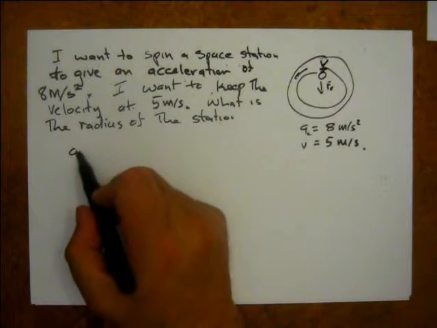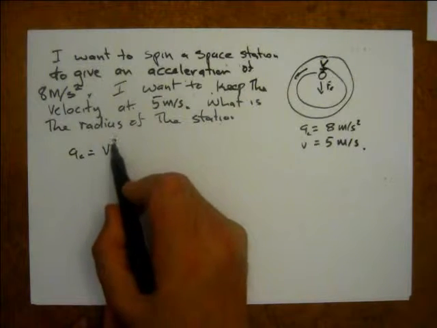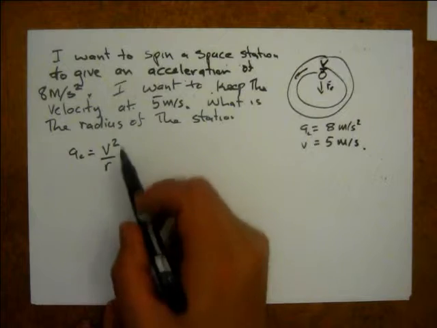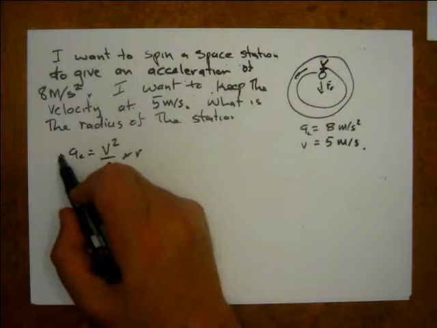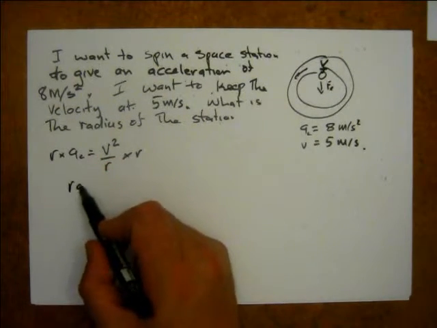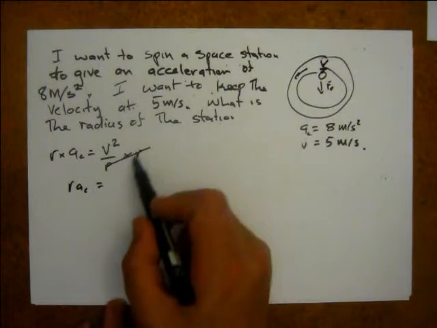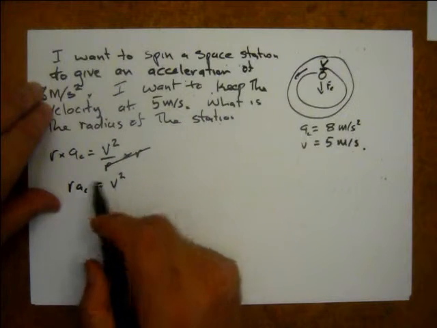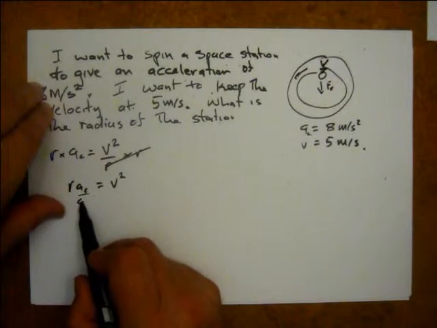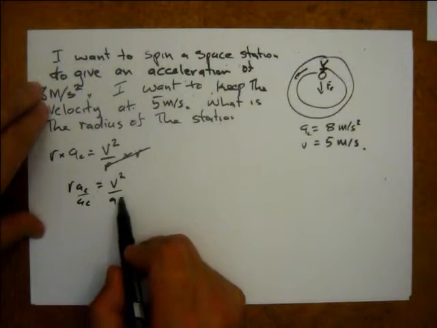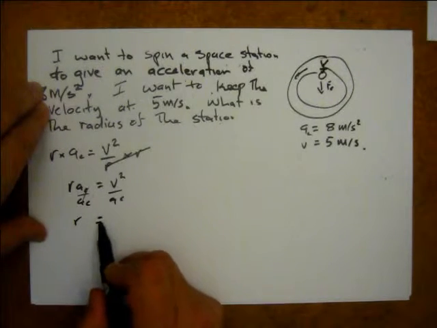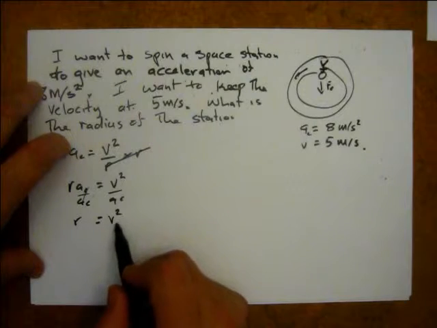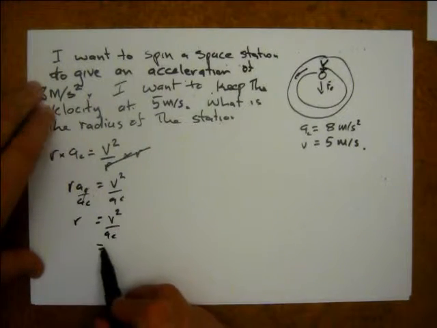So AC equals V squared over R. I want to find R. So we go times R. The reason I do this is because I want to bring the R up the top. And then I divide by AC. R is equal to V squared over AC,